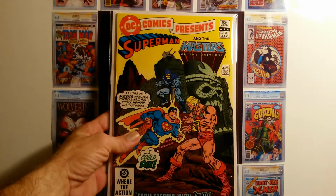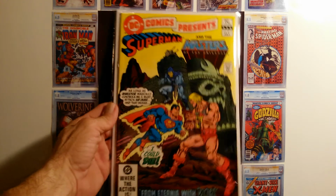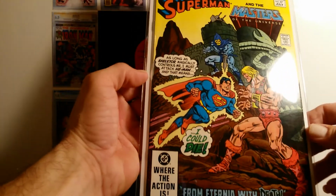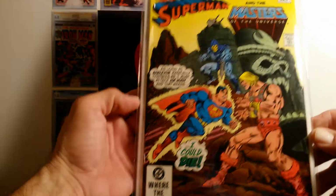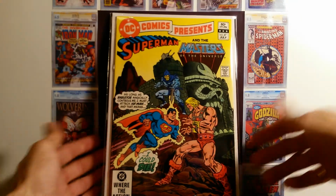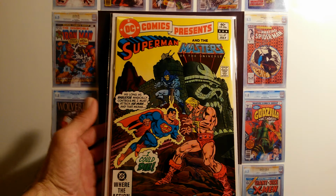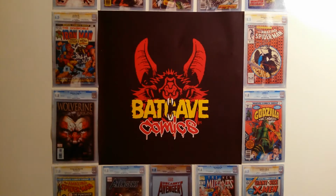The next one, DC Comics Presents, number 47, which is the introduction of He-Man. Now this one's in super nice shape. It's got a little tick there and one there, but other than that, the corners are sharp. It's super bright. It's probably a solid 9.2 to 9.4. And that is number 5. Number 6,